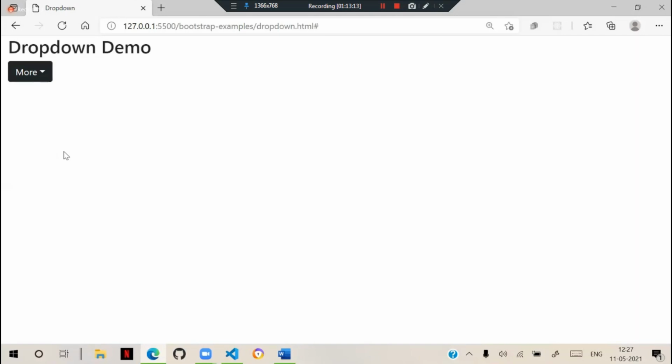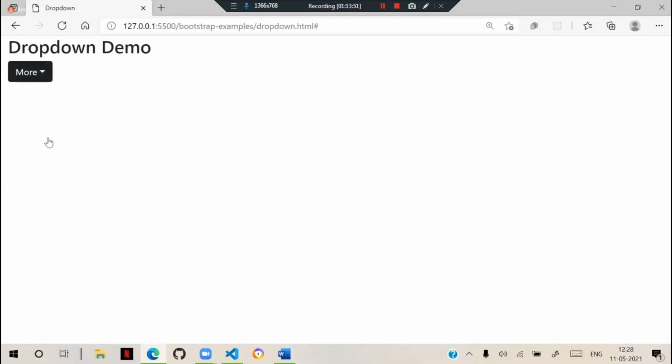Now, one more important point is drop downs can be created with the nested approach. We can create the drop down with the nested approach. Nested approach means a drop down is present inside another drop down. We can configure like that. I will create one toolbar, like I will show you that. So usually that is regularly used in websites also. But these kinds of drop downs are preferred mostly for a combination of navigation.